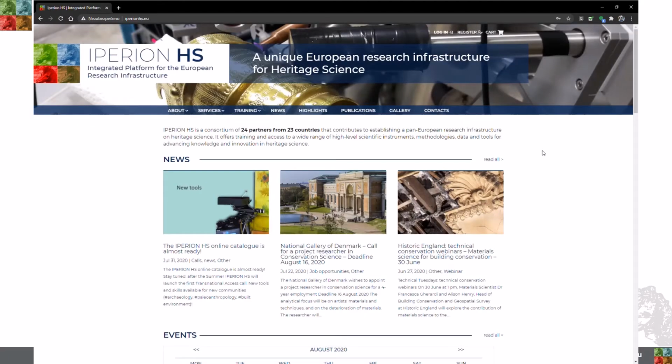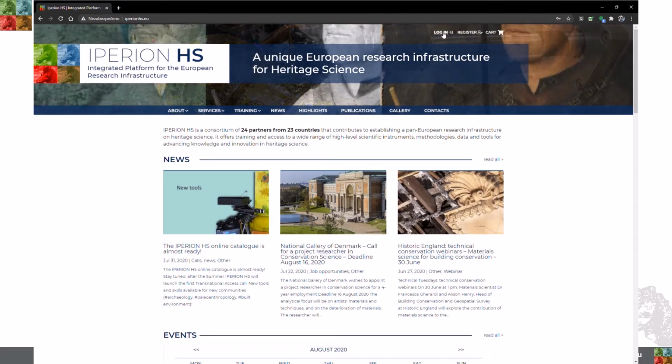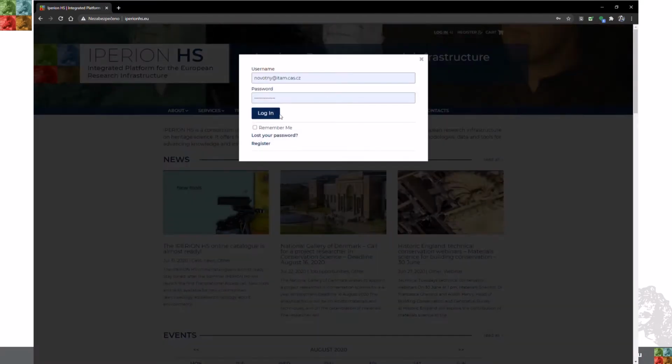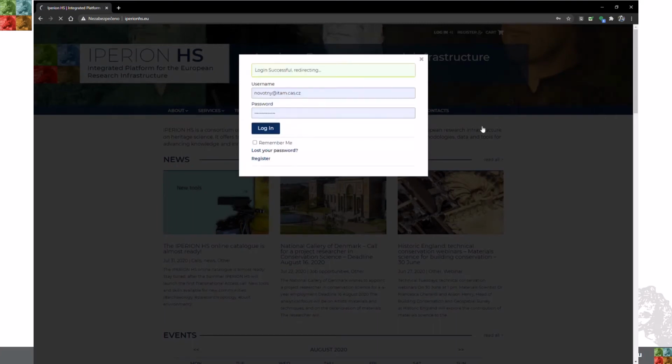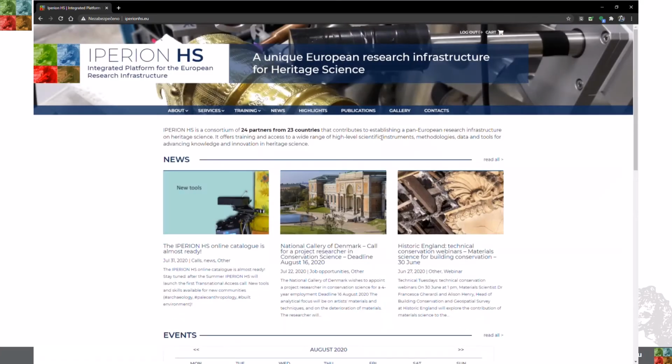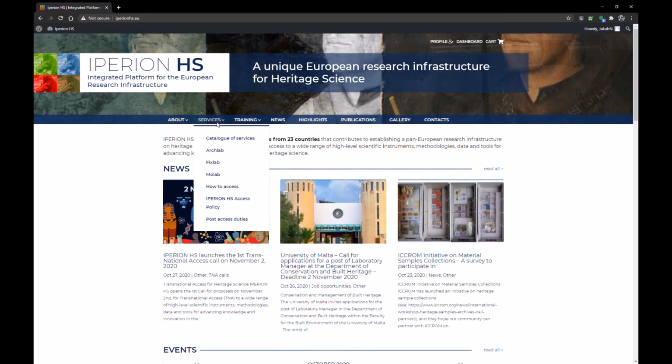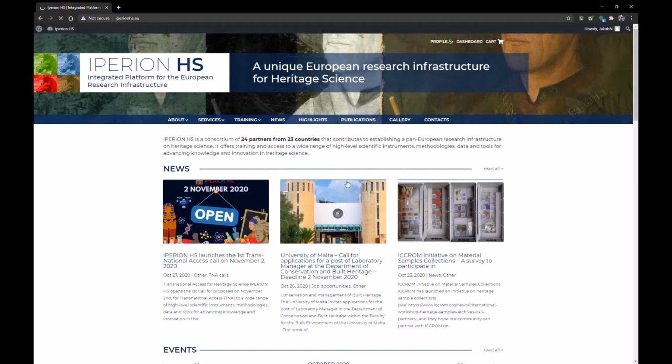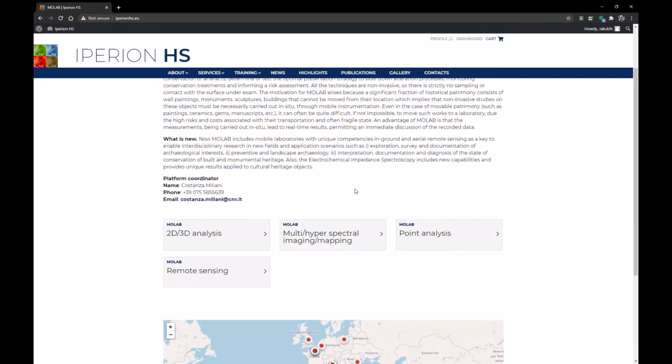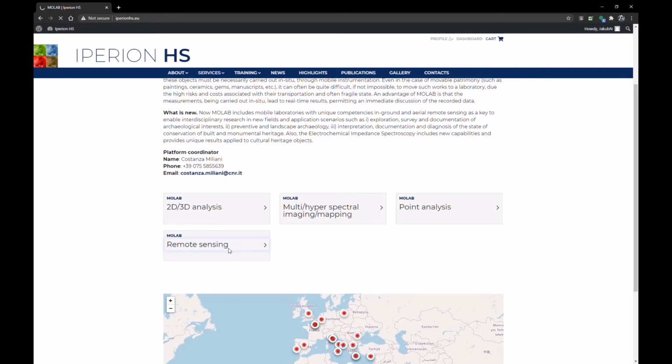After successful registration and setting a password, you can simply log into the portal by clicking on the link Login in the upper right part of the portal. Then enter your email as your username and password in the login window. Once logged in, you can browse the catalog of services offered and, similar to an eShop, select the techniques and tools you need for your research and add them to the cart.